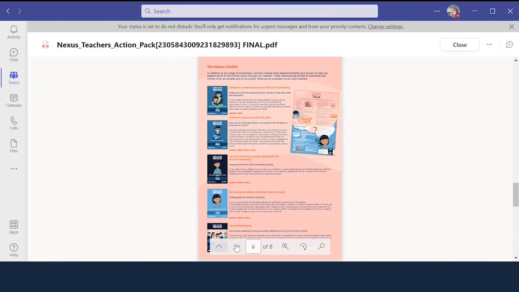Then we go over to pages 6 and 7. This actually highlights the PDFs that we've got available on our Nexus Toolkit. Now, the Nexus Toolkit you can find within our Nexus website. All the links to that are in this booklet as well. We've got, I think now about 10 or 11, I've lost count of these booklets that you can download as they are online. If you want hard copies or if you want PowerPoints that accompany them, please would you contact Jill Harrison, or you can actually use our general email, which is